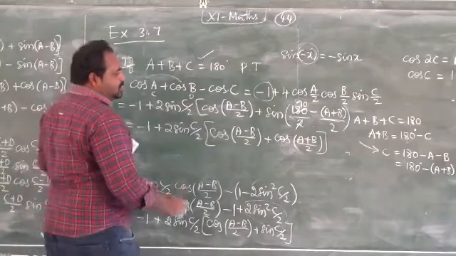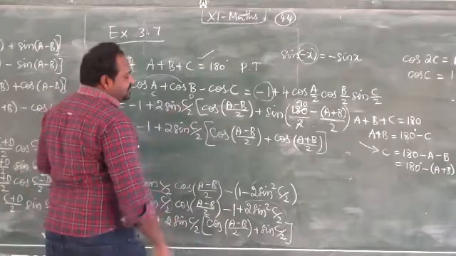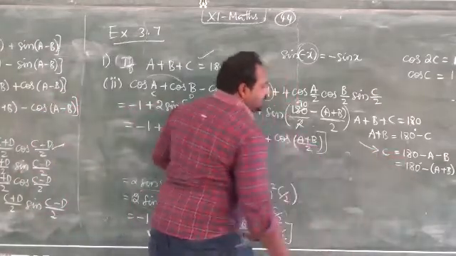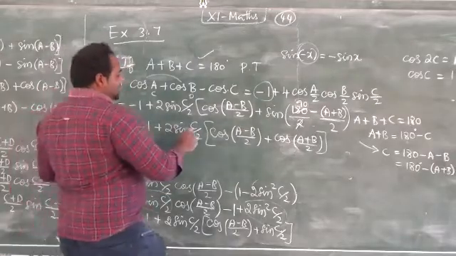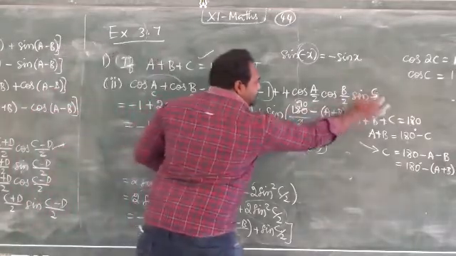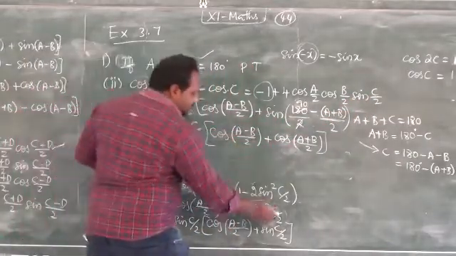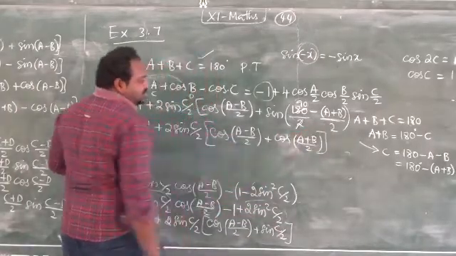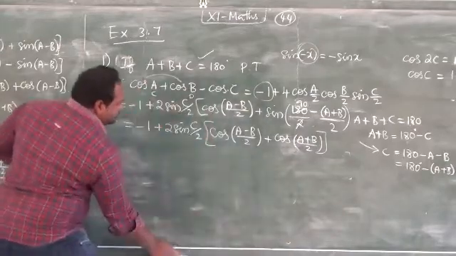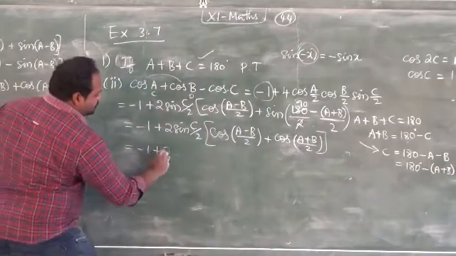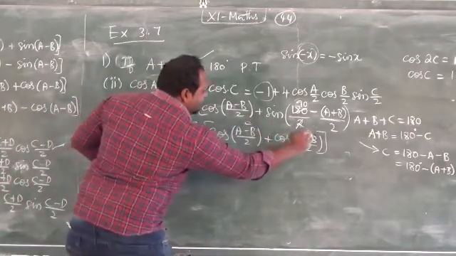Here some of you have a doubt: why can't we change the c value here, 180 minus a plus b, why can't we change it here? Here there is no need to change the c value, because we already have sin c and we have to bring it into the answer, so we have to leave it as it is. Don't change anything here. Only instead of c here I am changing the condition. That's all.